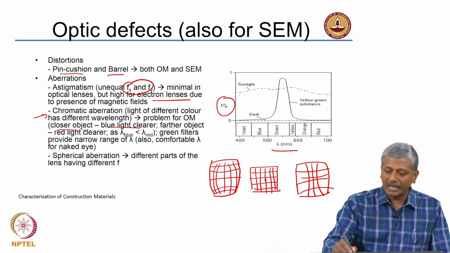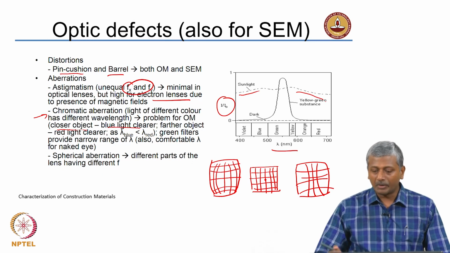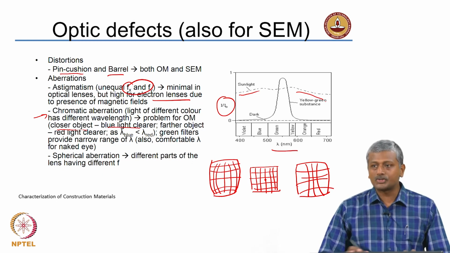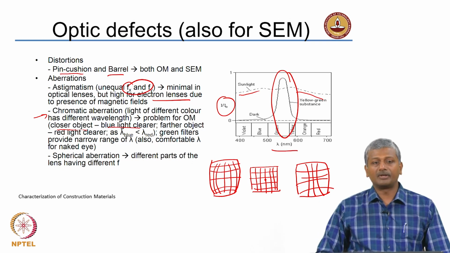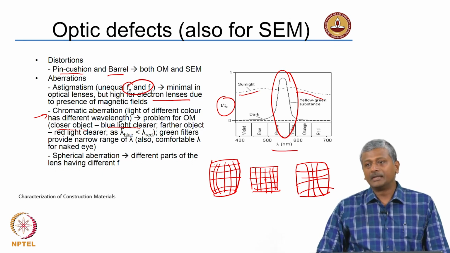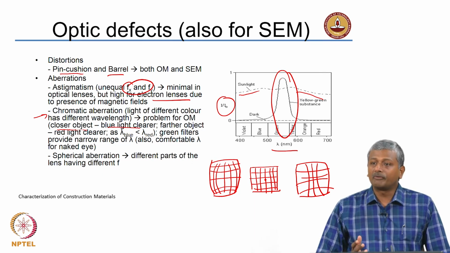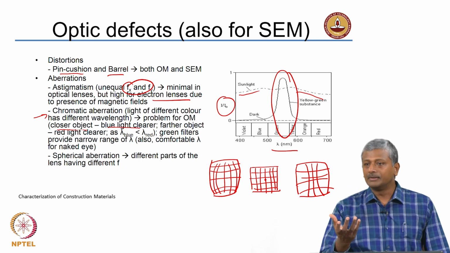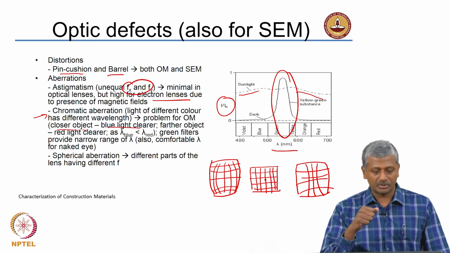In sunlight we have all possible wavelengths ranging from violet to red, but when you put this through a green filter, it cuts off all the other effective wavelengths and maximizes the green wavelength range, right. So, you get a very narrow band of wavelengths and that improves the imaging quality. So, you do not get this chromatic aberration, right. You often hear of this problem in people also called red green color blindness, right. That often happens because of a chromosomal effect, but essentially it leads to the kind of effects that we are talking about here, chromatic aberration, right.